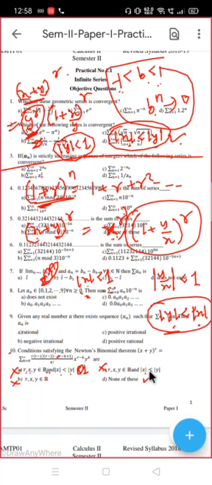Not only this, mod x less than mod y, and mod x less than or equal to, here less than. There is some extra condition, that is this should be less than 1. Either x or y must be. If x is less than 1, then you will be using this condition. If y is less than 1, then you will be using this condition. So I need some extra information in the option. So, none of this.